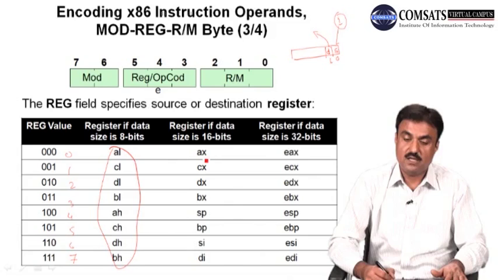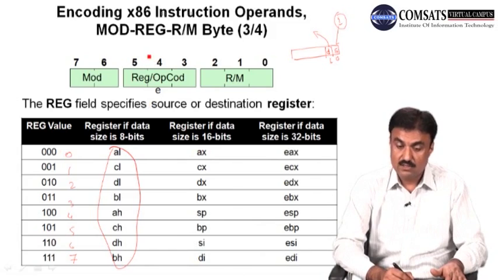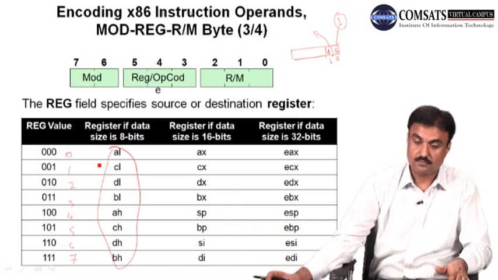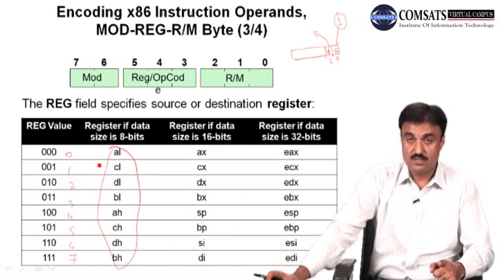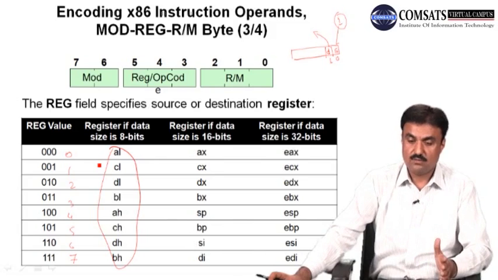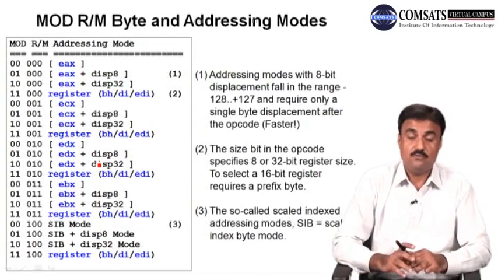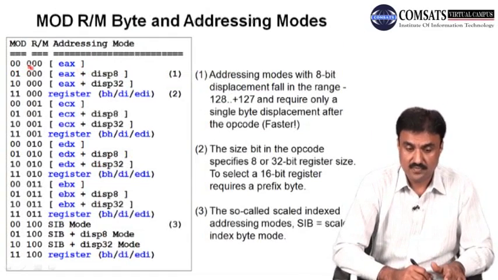If you are using 16-bit, then 000 will indicate the AX register. If you are using 32-bit mode, then 000 will indicate the EAX register and so on. So the register field specifies the source or destination register, and since this is a 3-bit field, these are the three bits inside the opcode register area which will mention which register you are using. If we are using mode and RM byte, for example, if mode is equal to 00 and RM is equal to 00, or if mode is equal to 01,